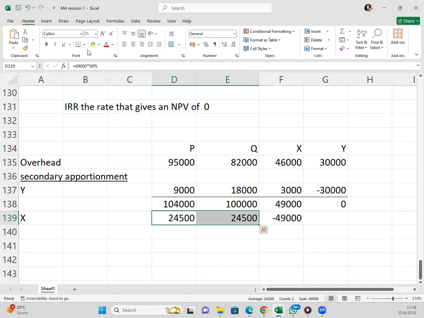Okay. So it means overall, now this department